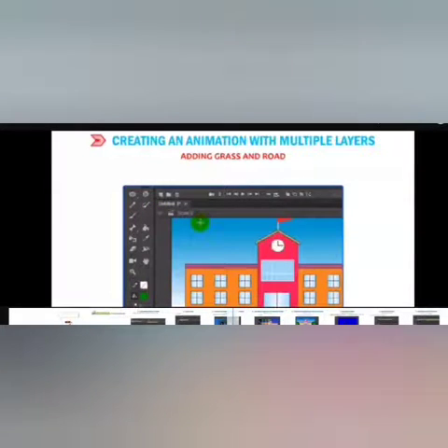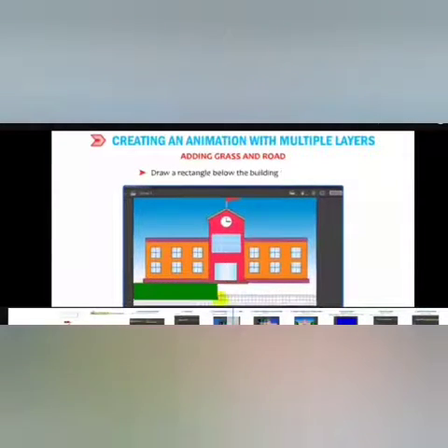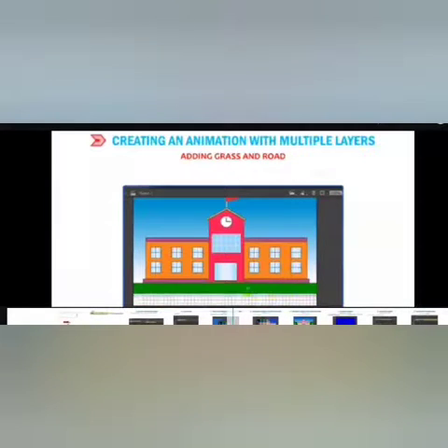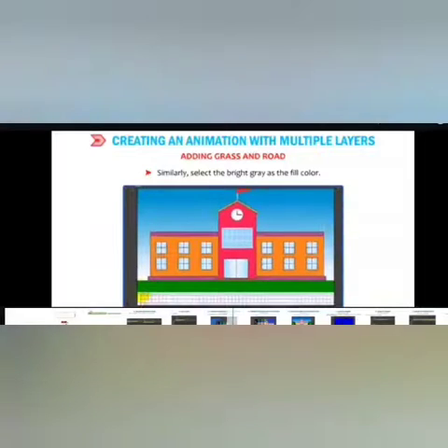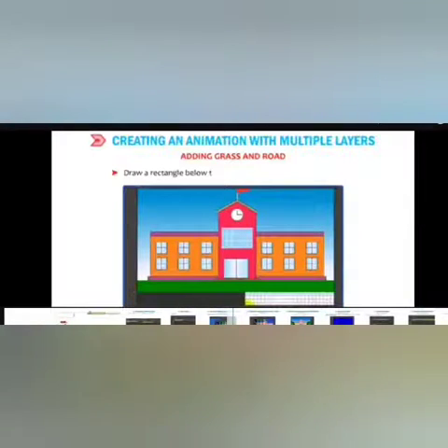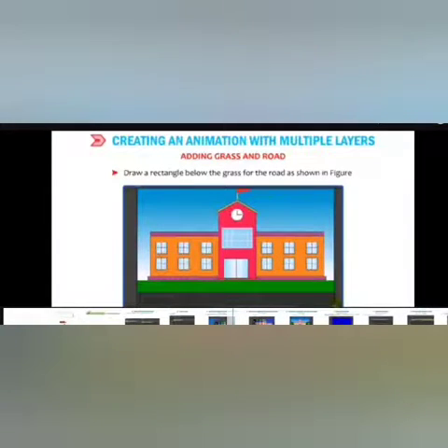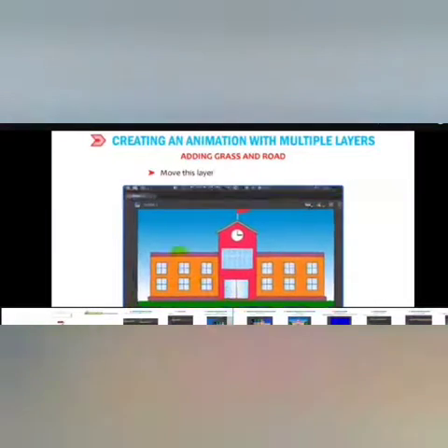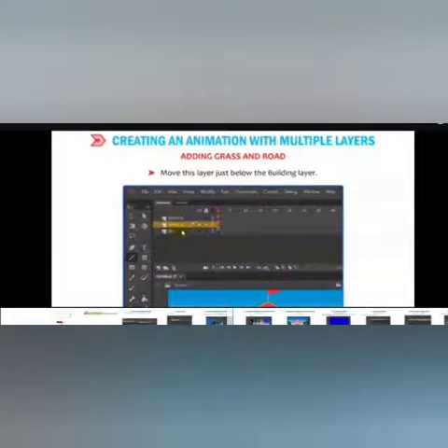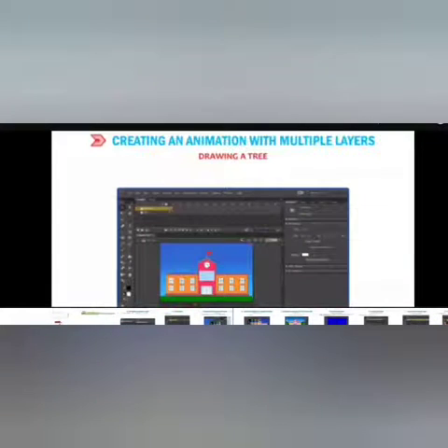Select the fill color box and choose bright green as the fill color. Draw a rectangle below the building for the grass. Similarly, select bright gray as the fill color. Draw a rectangle below the grass for the road as shown in the figure. Move this layer just below the building layer.